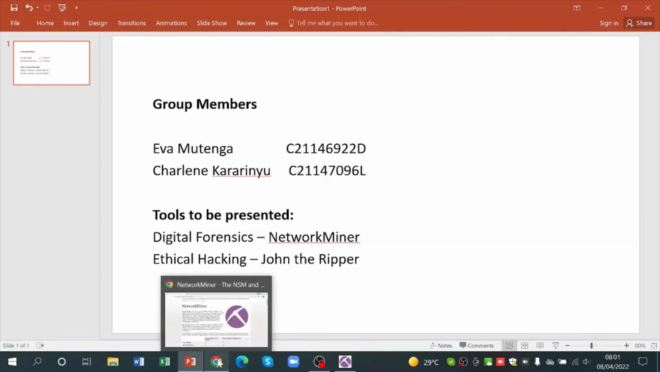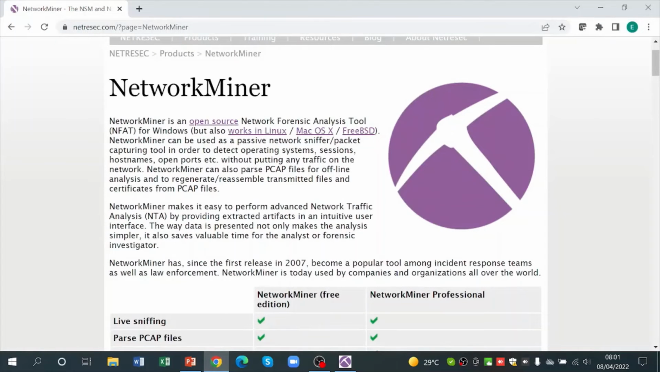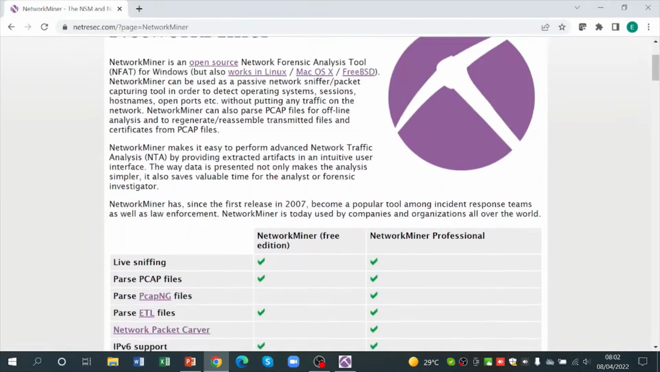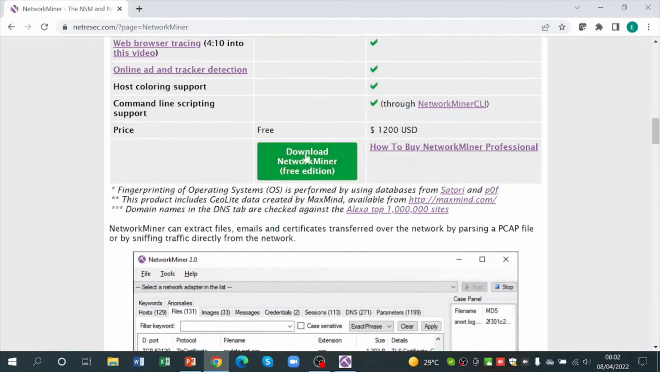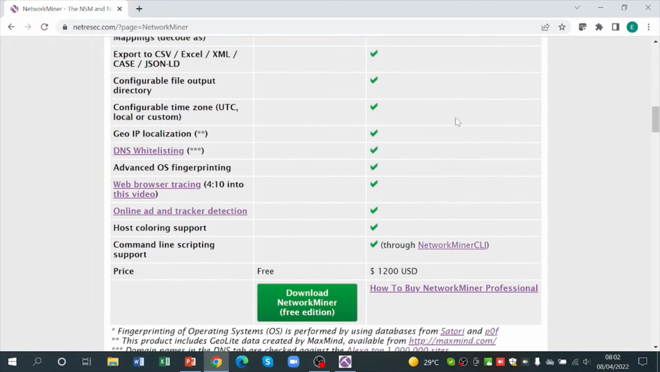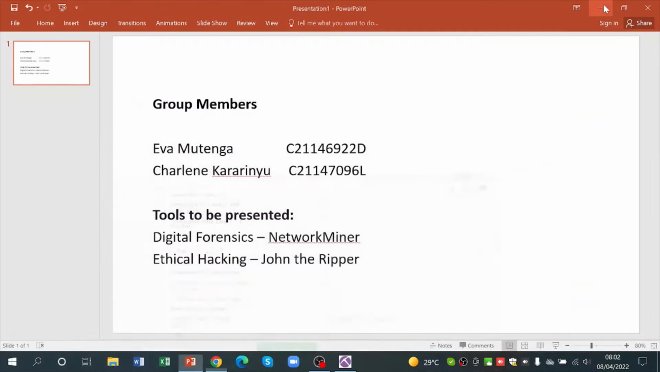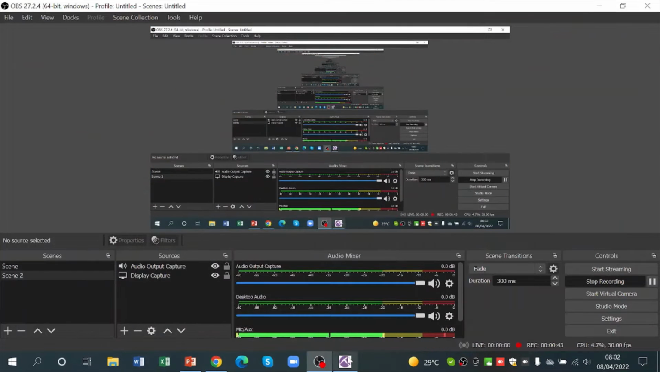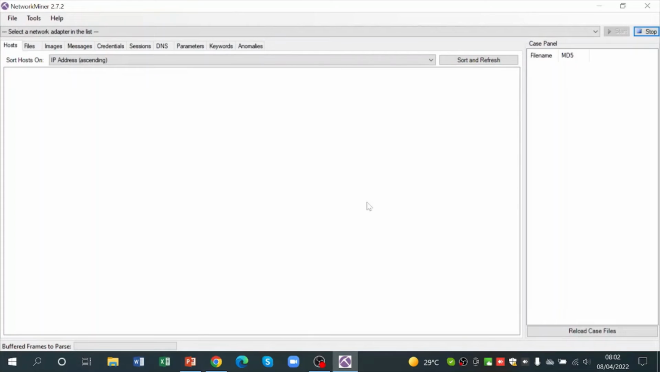So you can download NetworkMiner on netresic.com. There is a free edition that you can download, and there is a paid for version which comes with some extra packs. I've already downloaded my NetworkMiner, and then it is already open here. So NetworkMiner is a tool that enables us to do analysis or decomposing of PCAP files as part of our digital forensics,